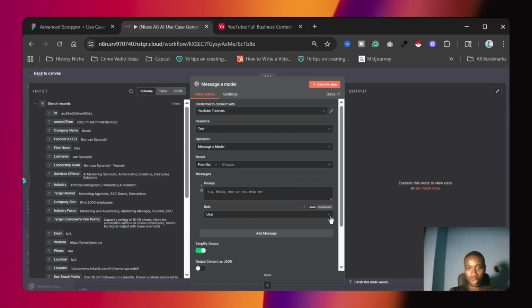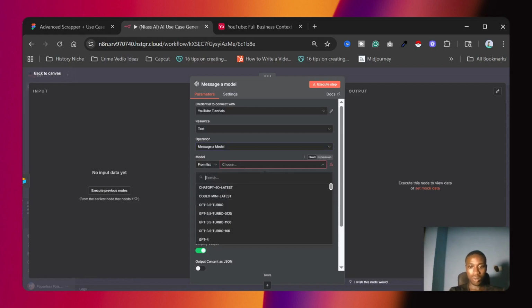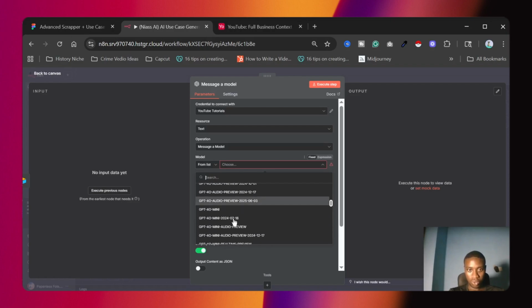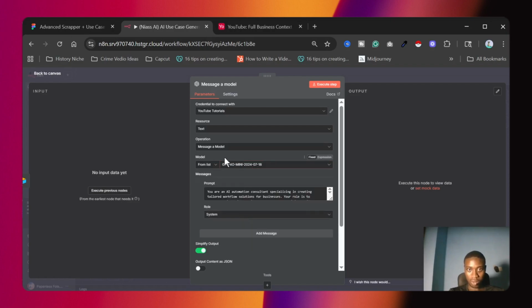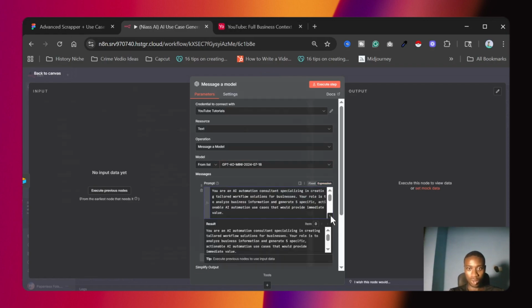So right now, I'll just feed in the prompts. These prompts for the agents will also be available in the resources section, so you guys can just come down, copy and paste it. I'll just do that real quick. Just search for GPT-4o mini. You can also go for ChatGPT 5. So expressions. This is the prompt.